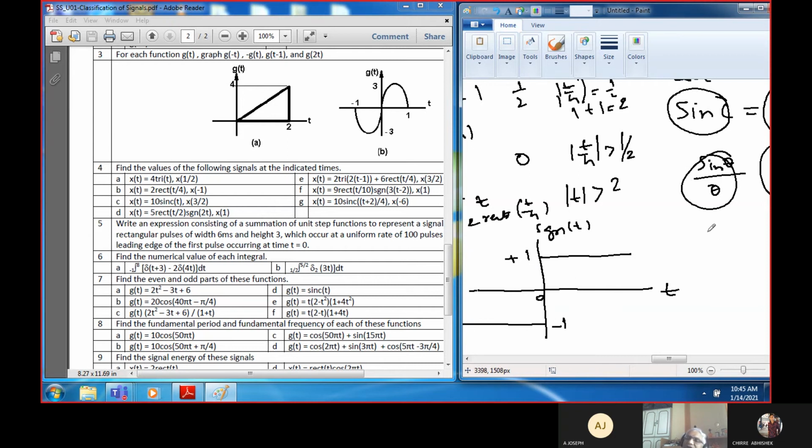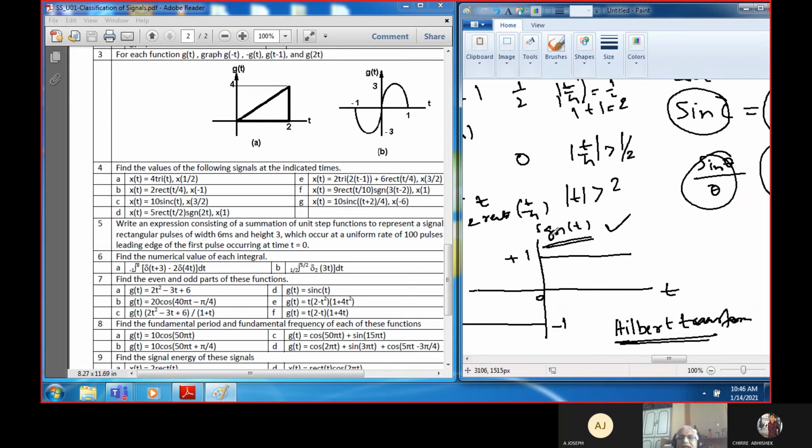Now somewhere please note down that this signum function we will apply a lot in communication systems, and we will be using what is called the Hilbert transform. Now this Hilbert transform is very useful in communication systems, and you can see its application in the communication systems along with this signum function. So when we come to that, we will discuss. Okay, just remember the connection. I'm not going to explain the Hilbert transform to all of you now.